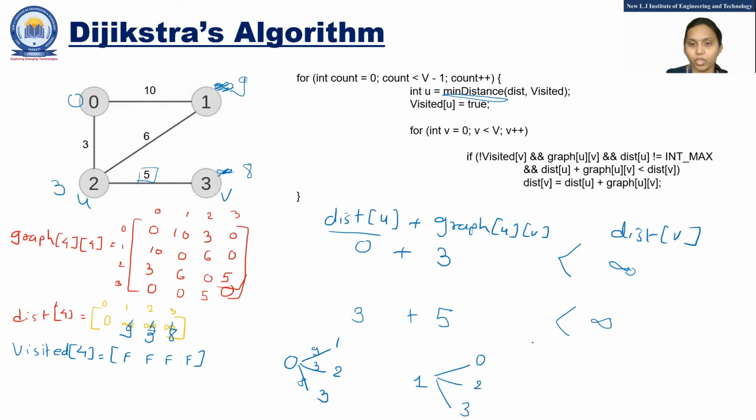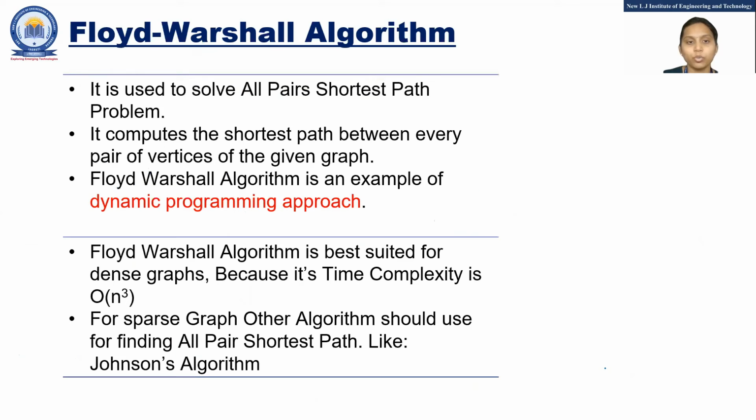As I said, if you want to find the shortest path from all the nodes, you have to iterate it 4 times because we have 4 nodes. Yes, for 0, for 1, for 2, for 3. But in Floyd-Warshall, it is known as the all pair shortest path. So from one iteration, you can say one program, you find all the pair shortest paths. From 0 to reach all the nodes, from 1 to reach all the nodes, from 2 to reach all the nodes. Okay, so that is possible in the Floyd-Warshall method, and it has the advantage that if your edge weight is negative, then also it always gives you the right answer. Okay, and it is taking the approach of dynamic programming.